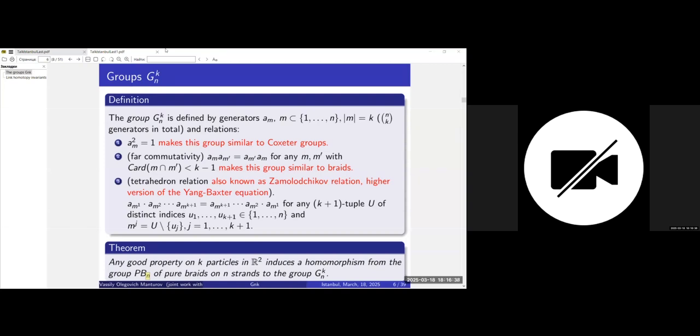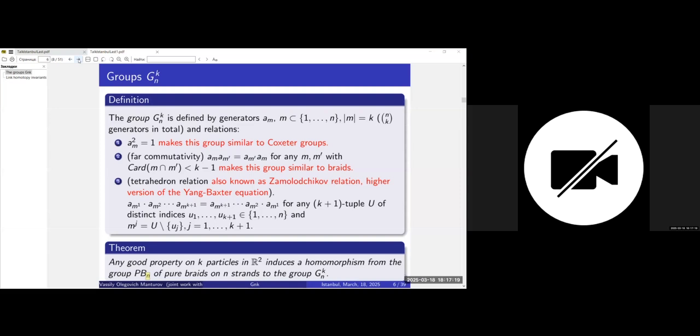And when I restrict myself to pure braid groups, actually, the map I'm going to define will be well defined for any braid groups, for any braid. But in order to have a homomorphism, I will need to keep track of indices. So in order to have the product mapped to the product, I will keep track of indices, and that's why I have to require my braid to be pure.